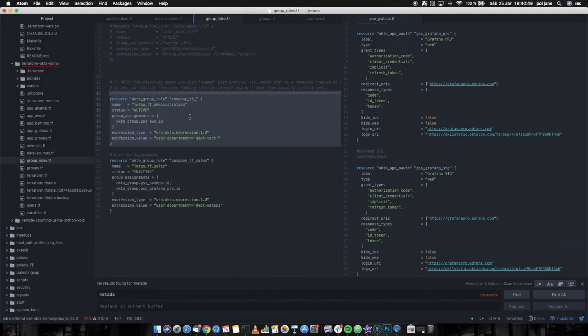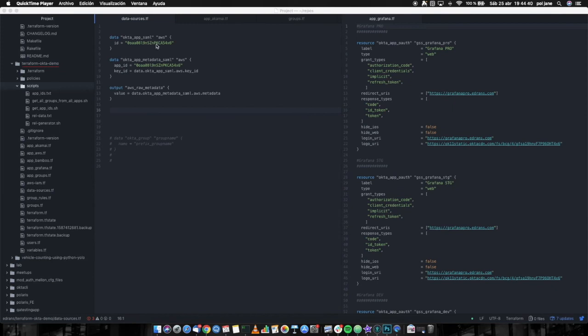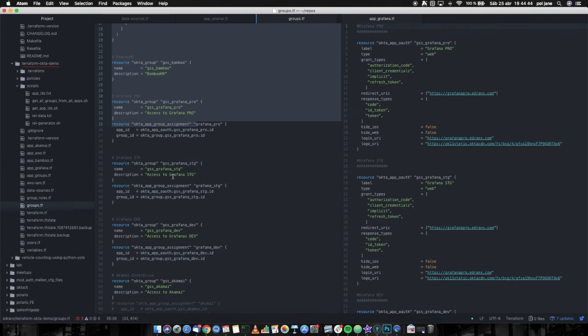In this other file, we're creating the group rules that will allow us to classify the users automatically depending on the department they belong to. In this case, it is one of the user attributes in their profiles. And the other files are just some data sources we need, some application creation, more groups, user accounts, and some scripts and policies that I'm going to show you afterwards.